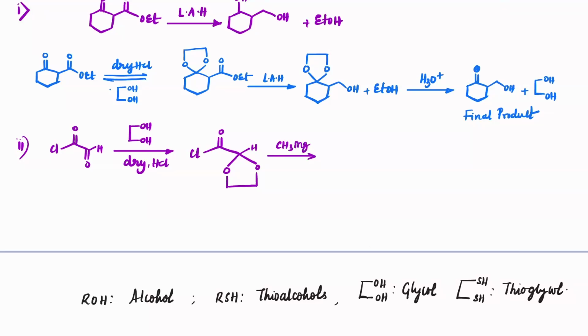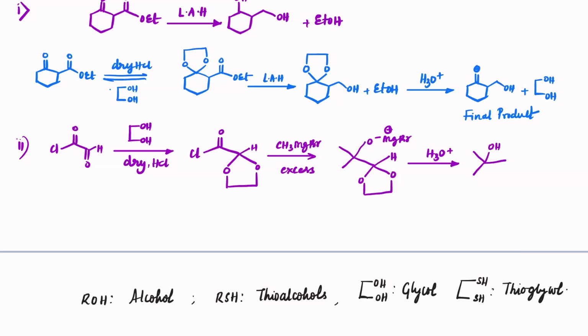And thereafter, if you react with excess CH3MgBr, you know that excess MgBr will make the chloride leave and tertiary alcohol formation will be observed here. So you'll get this as O minus, and here we'll have O connected this way, and here we'll have MgBr plus. This is the product formed. And this on hydrolysis, with H3O plus,